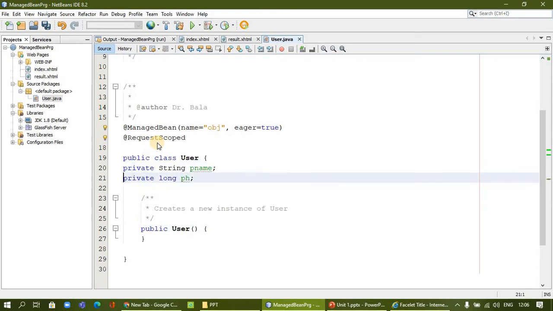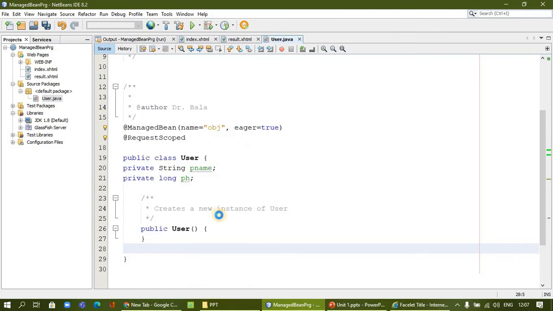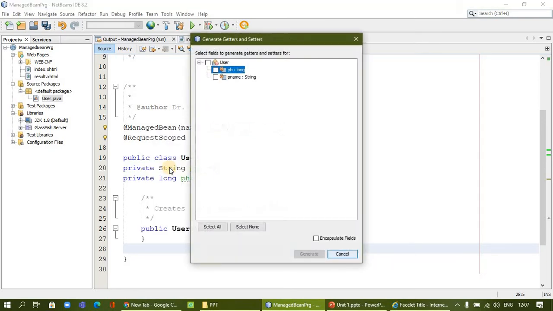After typing this, after the constructor, there is an empty constructor created by default. After the constructor, you can keep your cursor here, right click, and choose Insert Code. In this, we are going to prepare the getter and setter methods. If you want to prepare only getter or only setter, we can select that. If you want both together, there is a getter and setter option here. Just select it.